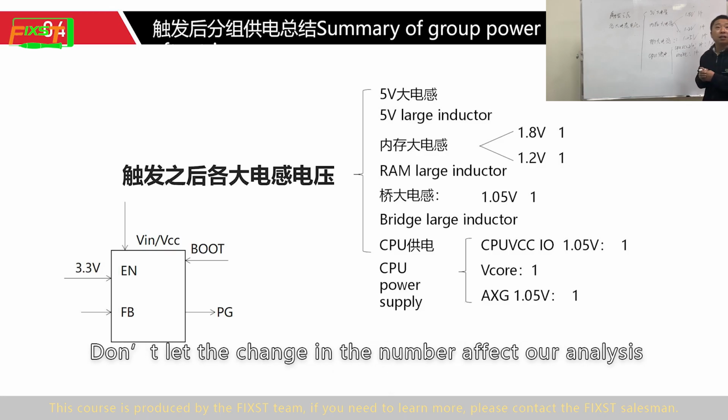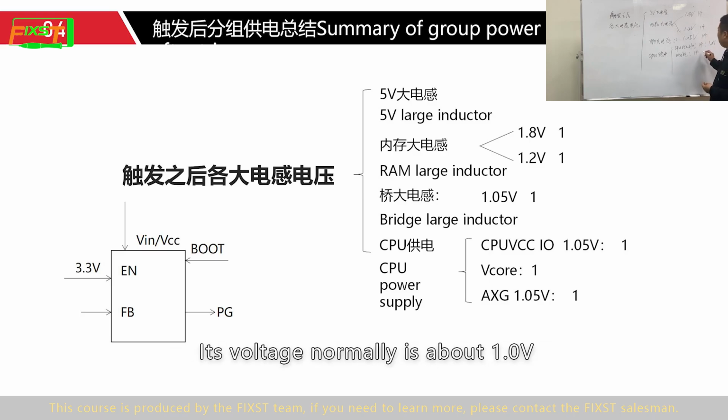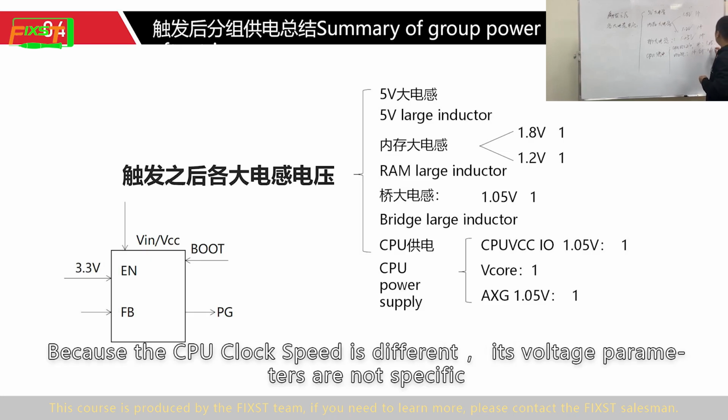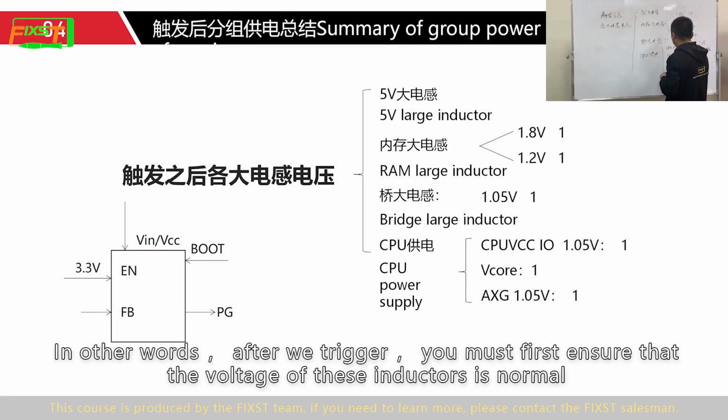Don't let the change in the number affect our analysis. We should see the drawing for details. Its voltage normally is about 1.0 volt. Because the CPU clock bit is different, its voltage parameters are not specific. There is also a 1.5 ASG voltage inside. In other words, after we trigger, you must first ensure the voltage of these inductors is normal, and then we